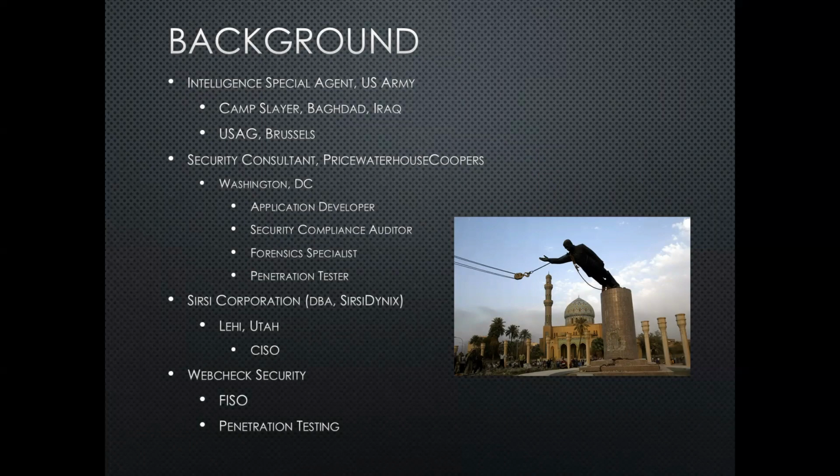I worked as a forensic specialist on collection teams for the FDIC. This was following the 2008 financial crisis, and we did quite a bit of collection for banks that were no longer able to continue to do business. And then went on to penetration testing and decided at that point to join an organization for the long term. And so moved to work as the CISO for CISSP Corporation, based in the Silicon Slopes in Utah. And then through the connections that I had, it was brought as an opportunity for me to start working as a FISO and performing penetration testing as a consultant, which I set out to do to maintain my skills and help organizations beyond just the primary with which I was assisting.